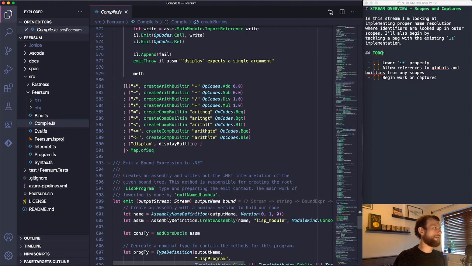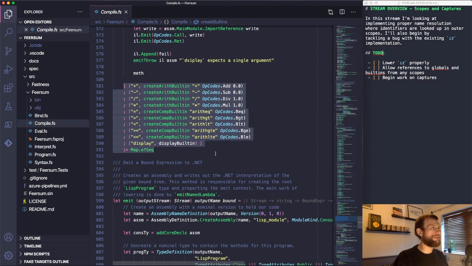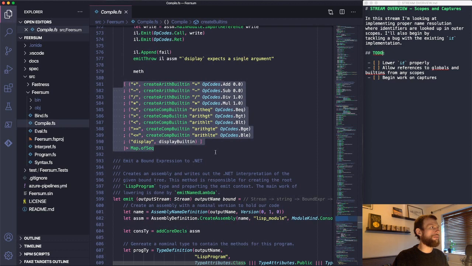And then down at the bottom we actually define the map which the compiler will use when people reference a built-in. So when it finds a reference to an identifier and the identifier resolves to a built-in, which we found in the binders map earlier, the compiler will use this map to convert that into a method reference, and then it creates a stub,